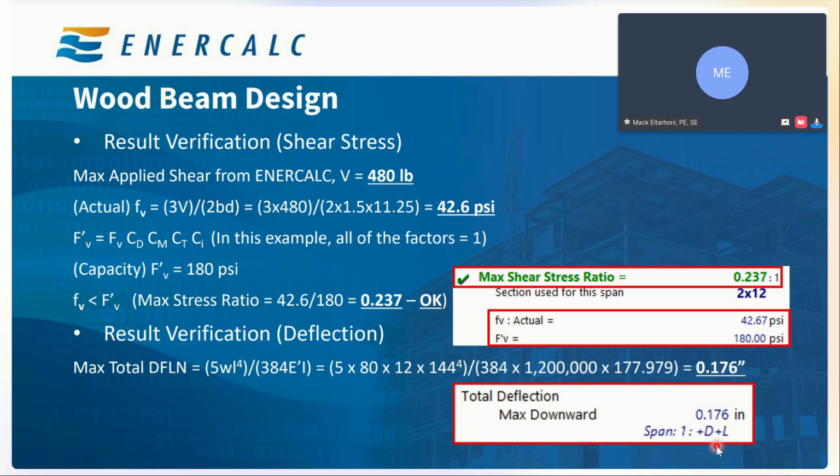Now, it is worth noting here that when we're doing L over 360 or whatever we use for our design deflection criteria, L is the length of the beam. So for a simply supported beam, if it's 12 feet, then L is 144 inches, which is 12 by 12. But if we have a cantilevered beam, then we use industry standard, which is 2L. So if you have a cantilevered beam that's 5 feet, for example, then for L, we actually use 10 feet, which is very, very standard, but I just want to make sure that everybody's aware of that.